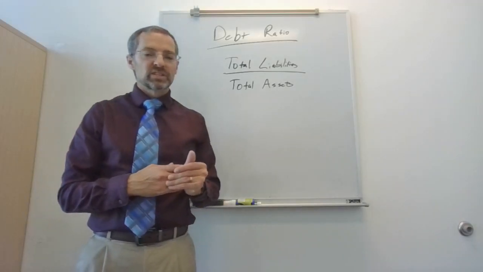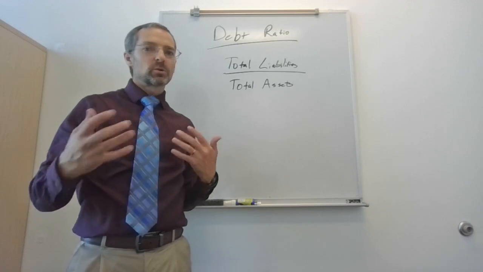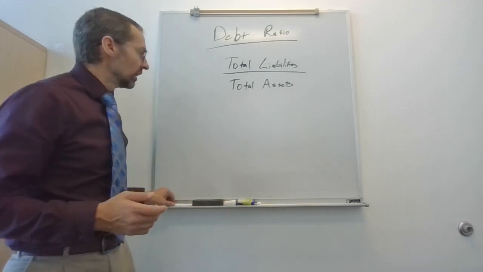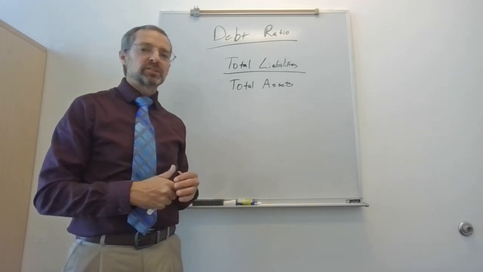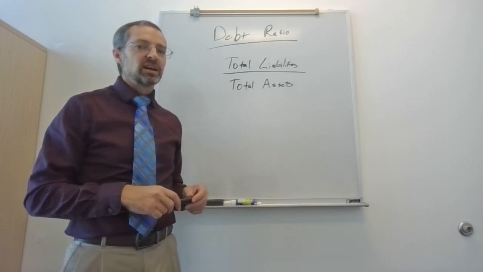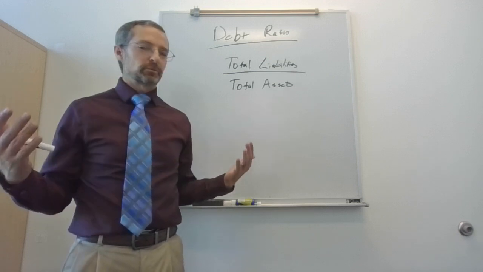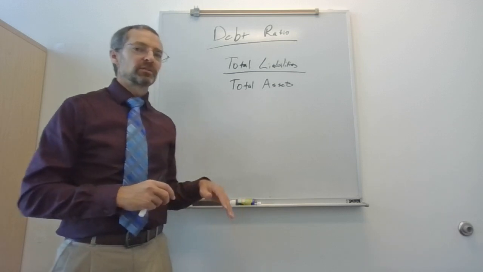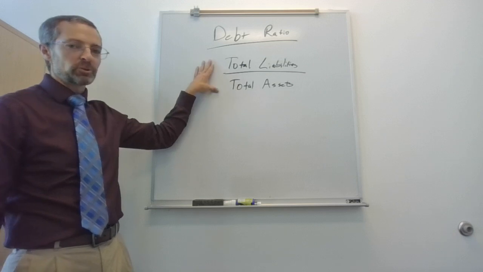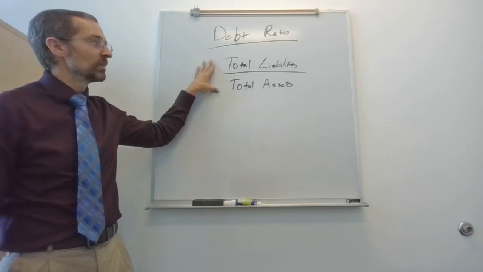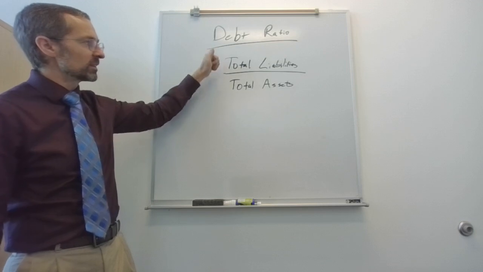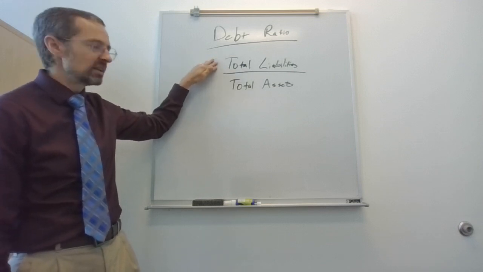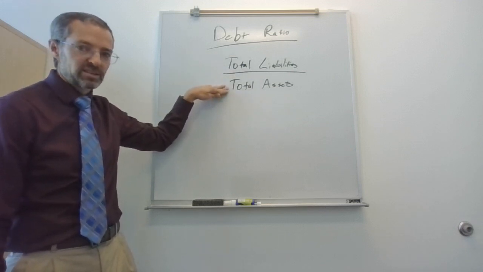We can use the financial statements and the numbers on them to tease out different meanings and analyze a company. And often we're doing this because we're trying to make decisions about certain things. There are lots of different ratios and different things that you can do with the numbers to analyze the financial statements. The one for this chapter that we're going to be looking at is the debt ratio. This is just the ratio of liabilities to assets. We calculate this by taking our total liabilities from the balance sheet and dividing it by the total assets on the balance sheet.